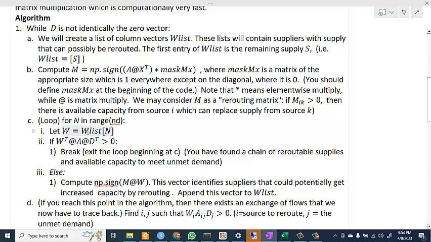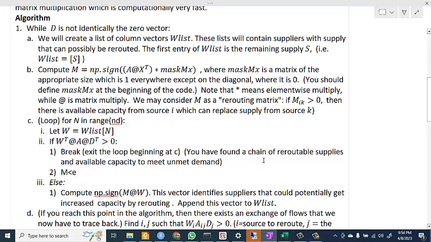Okay. All right. So first of all, here's my available supply. So I let W be this, okay? And if I have this, then that means I break. That means I've actually found a way to meet some unmet demand. What does this mean? This W transpose times A times D transpose. What that means is that I have, so the meaning here,